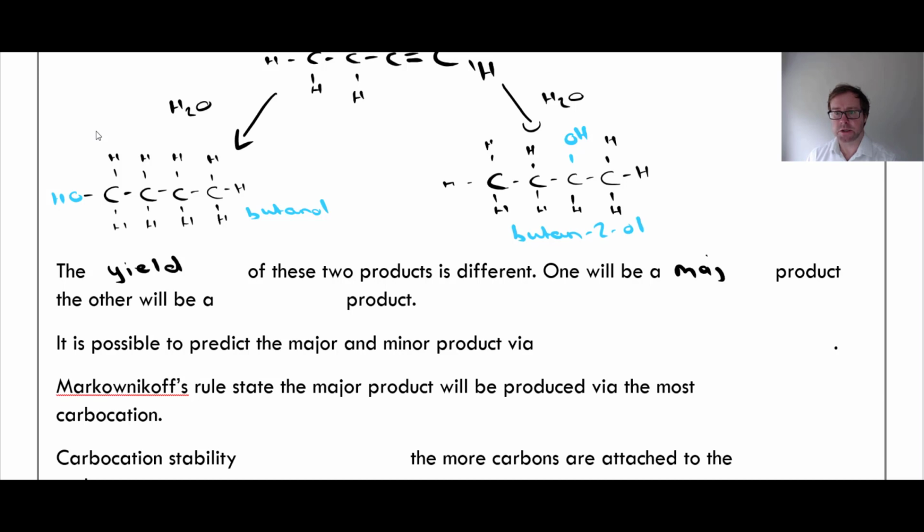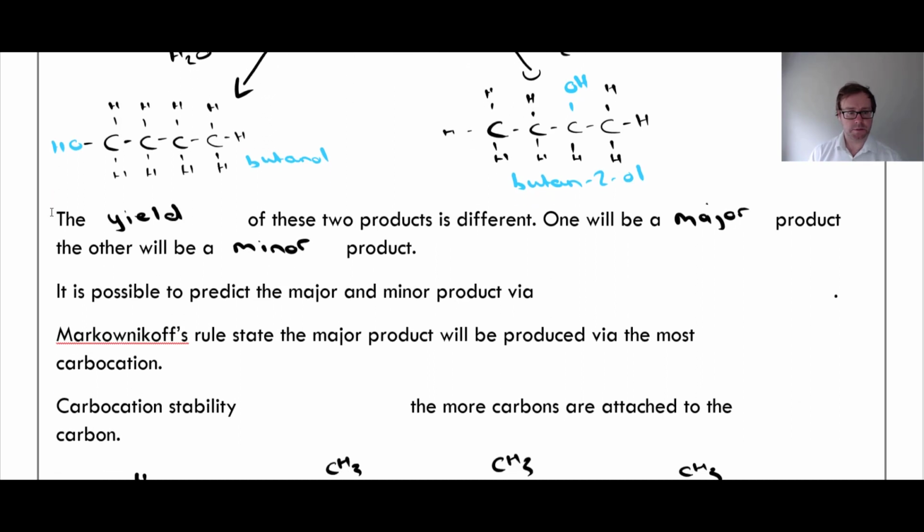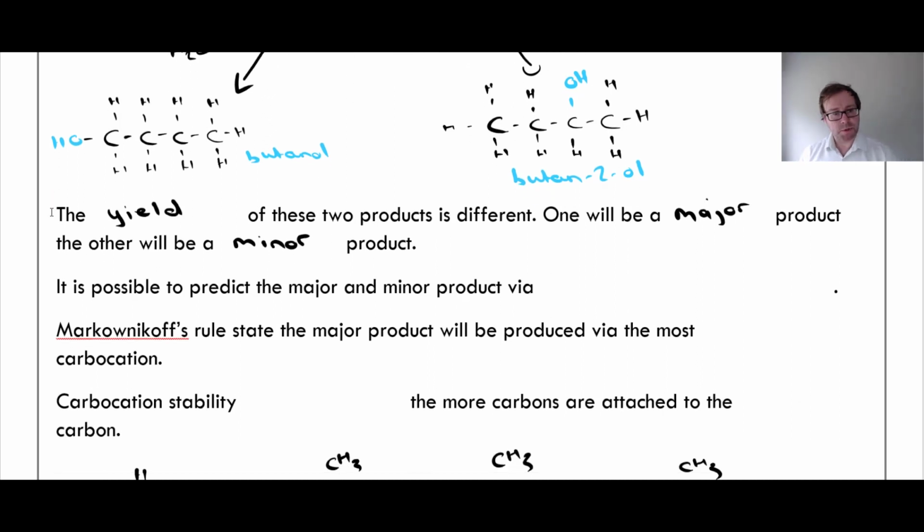One will be a major product, the other will be a minor product. And it is possible to predict the major and minor product via Markovnikov's rule. Let's see if I can spell it. Markovnikov's